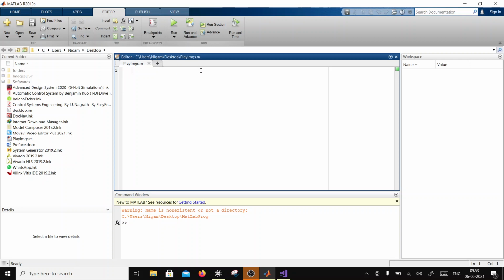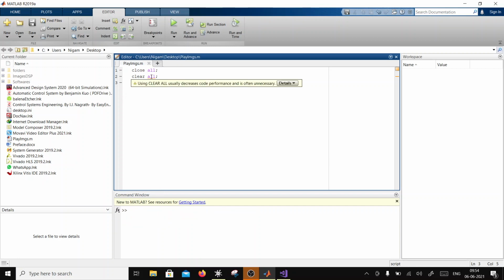Now here, as usual, I would close any figures which are there by default: close all, clear all to clear any variables in the workspace, and clc. Correct? So if I was to run this, it's going to just clear everything.